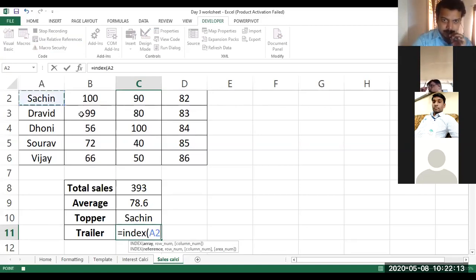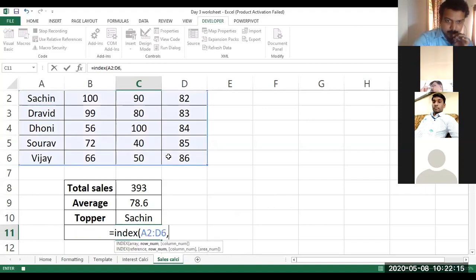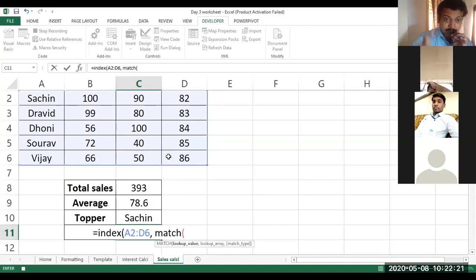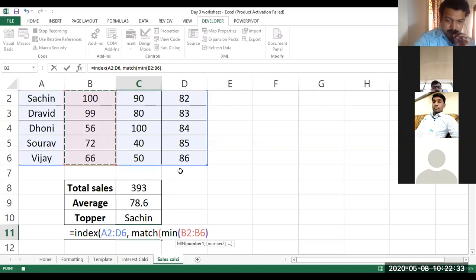Now for the trailing person, equal to, once again the same formula structure, INDEX, open bracket, the entire table to be selected, comma, space. I'm going to use the MATCH function for the second input, MATCH, open bracket. I'm going to use the MIN function here to find the least salesperson, MIN, open bracket, the same second column, the sales values, close the bracket, comma, space. The lookup array is the same second column.